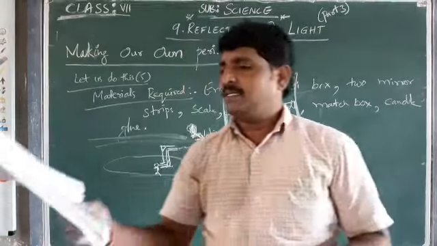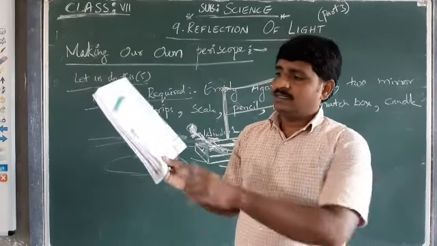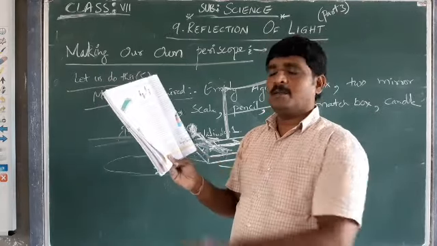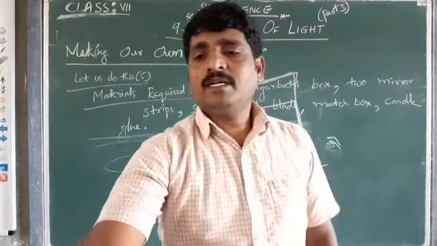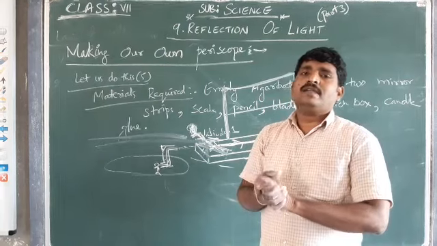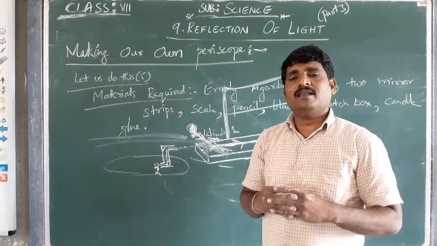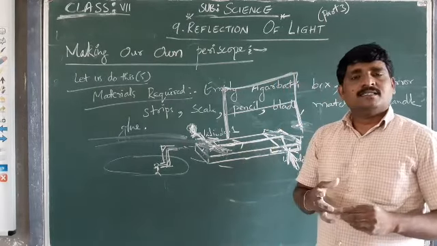in the think and discuss segment. What happens if they are not parallel? Why should we keep them parallel? This think session is under figure number 6D. To answer that, we have to perform, let us do 6. If you do that, we can understand why these two mirror strips should be placed parallel. That we will discuss in the next session.